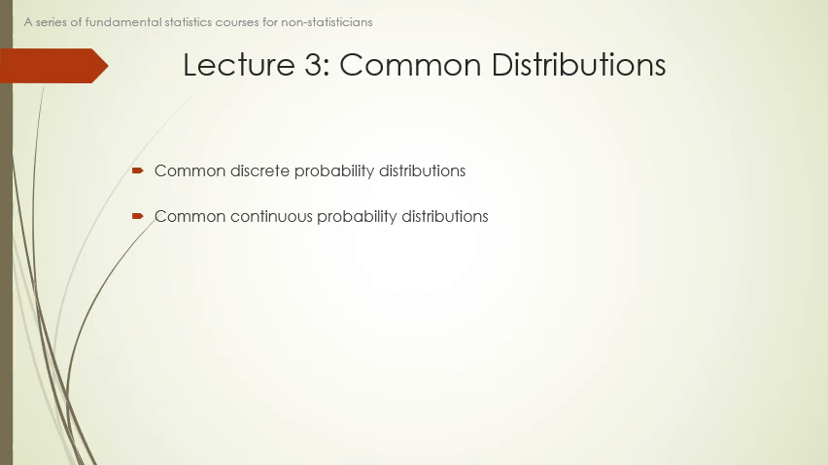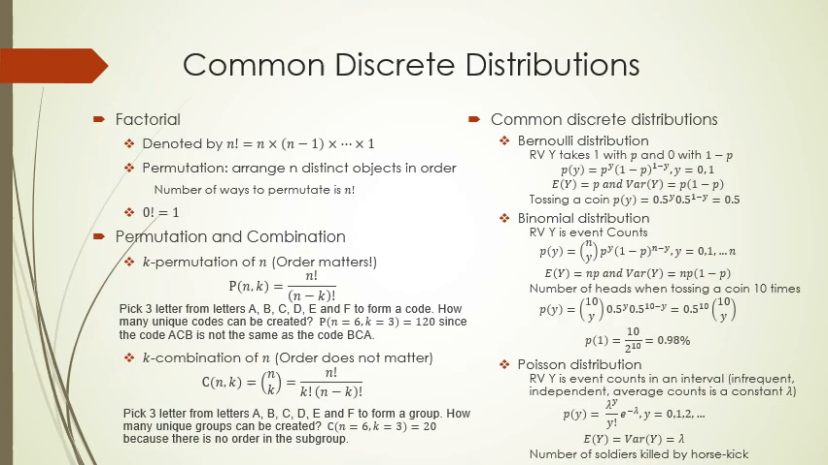In the third lecture, we will introduce some common discrete and continuous probability distributions. Before we introduce the distributions, let's first review some related mathematics. Factorial of n, denoted by n exclamation mark, is the product of all positive integers less than or equal to